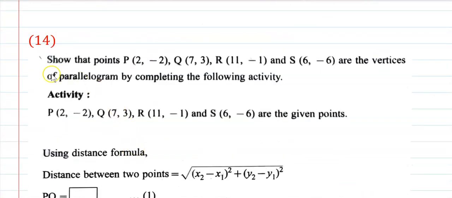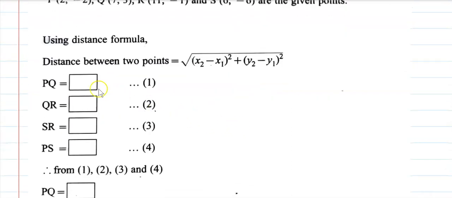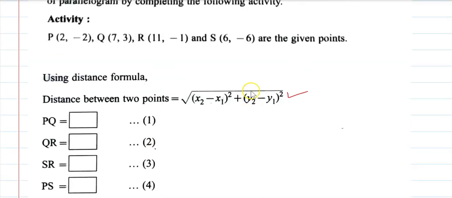Now the next: show that the points P(2, -2), Q(7, 3), R(11, -1), S(6, -6) are the vertices of a parallelogram by completing the following activity. These are the vertices. By the distance formula, the distance between two points, we will find out. What about the distance PQ? Distance PQ is equal to,